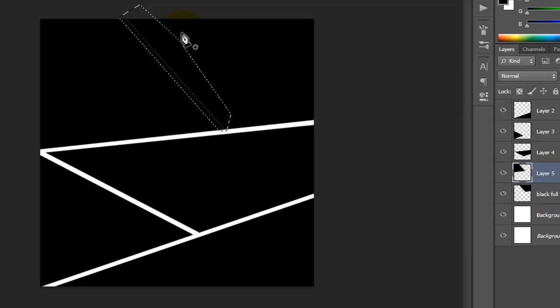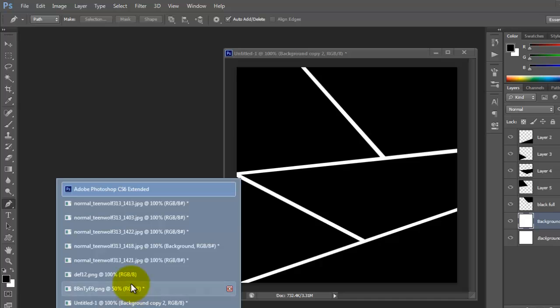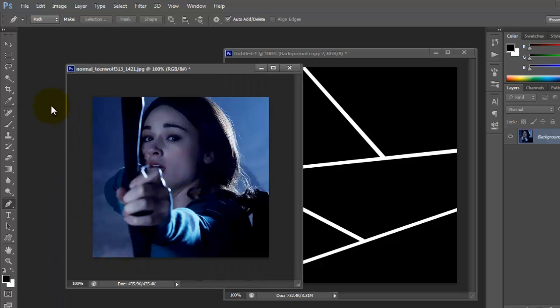Control Enter, delete. So you see how it has that border to it? And since the background's already white, all you have to do right now is just plug in the images. And for right now, the images, I already had them pre-edited before I did this tutorial, so I would recommend